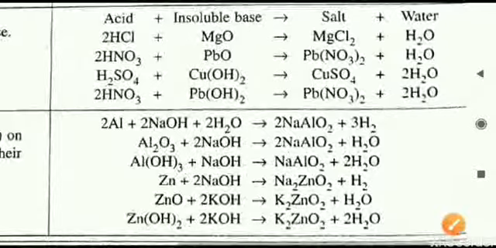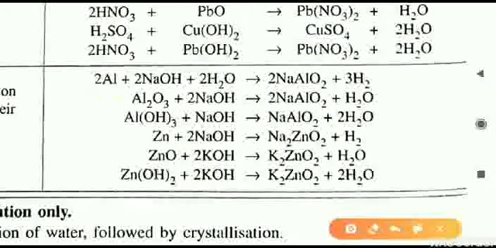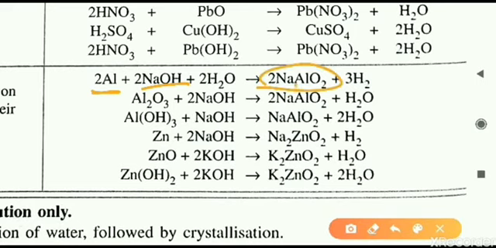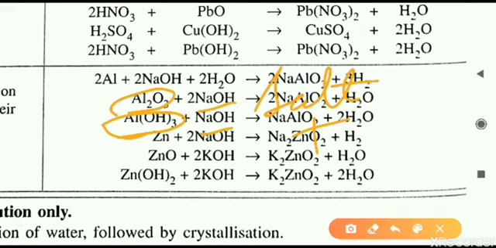Let us see these examples. First one, if we are doing the reaction of metal and alkali, we will get the salt. Salt is forming in all, but the difference lies here. Then salt will form, and another thing will be hydrogen gas. If metal is there, salt plus hydrogen gas will form. But if metal oxide or metal hydroxide is used with the alkali, then what will form? Then we will get the salt, and we will not get hydrogen this time, we will get H2O. So this is the difference only.